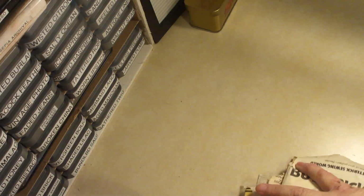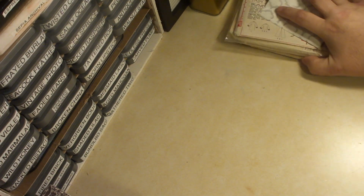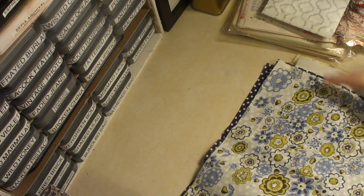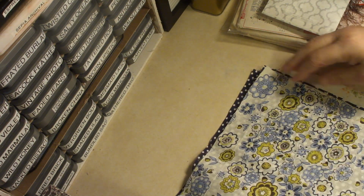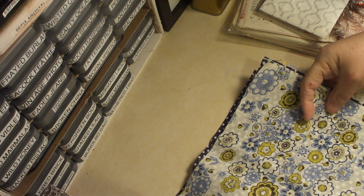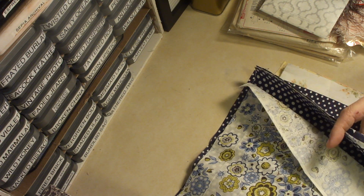And then from eBay, let me figure out what to do with these. Figure out something, knocking the camera around. I bought these sets of fabric. These are 10-inch squares. They came in sets of 7. They were super cheap, like 99 cents with free shipping. I bought a set of blue fabrics,